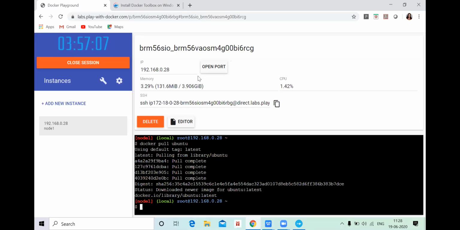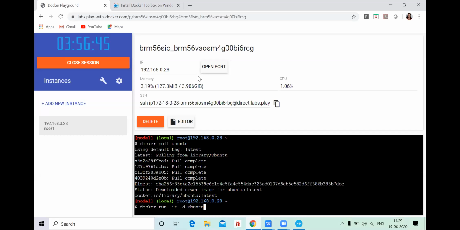Now let's run this. You have to write docker space run space hyphen it space hyphen d space.